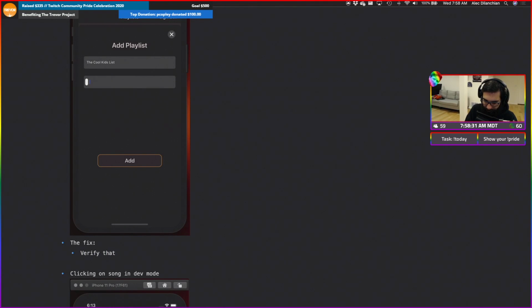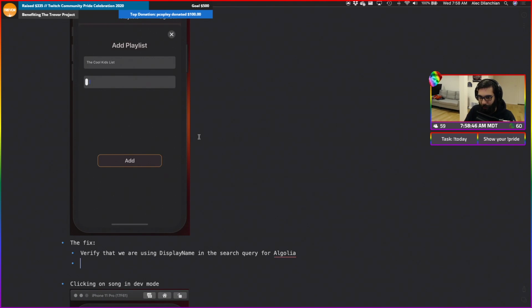Verify that we are using display name in the search query for Algolia, because it shows that we are using it correctly when it shows up in the bar.